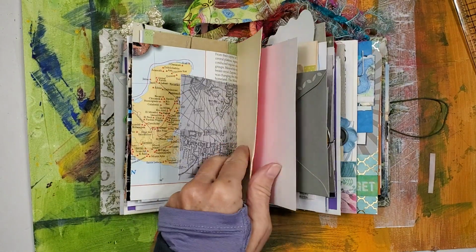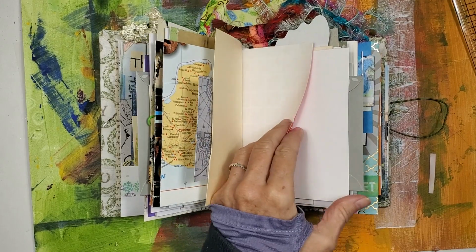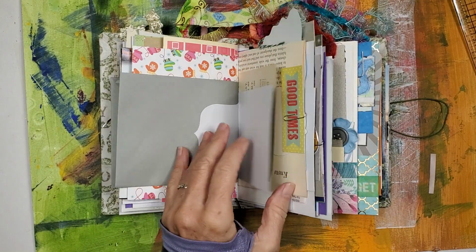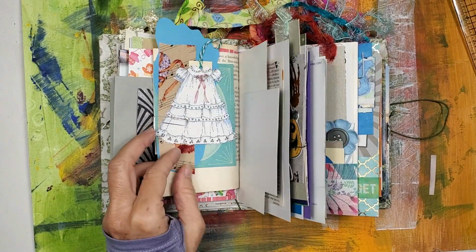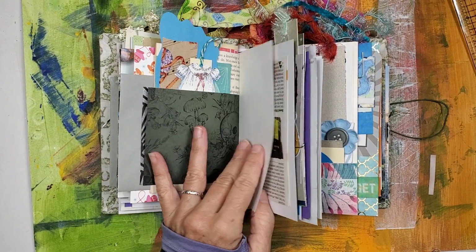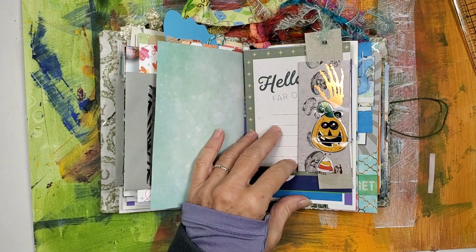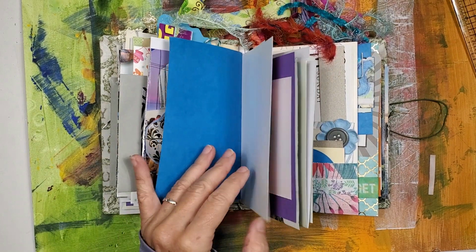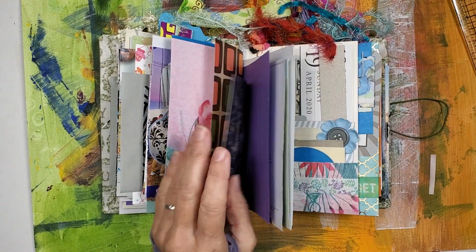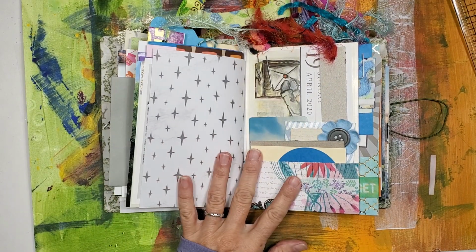You're going to have basically the same types of elements that you would have in a big flow journal. It's just a petite size. It has 2 signatures. It has 4 pockets. So you can see all the fun things that you have to work with here. You got stickers, you've got cutouts, you've got things that have been fussy cut. A journal like this, guys, makes an awesome